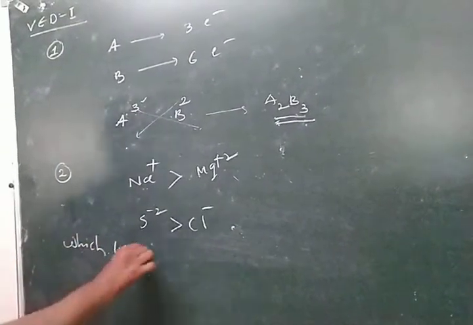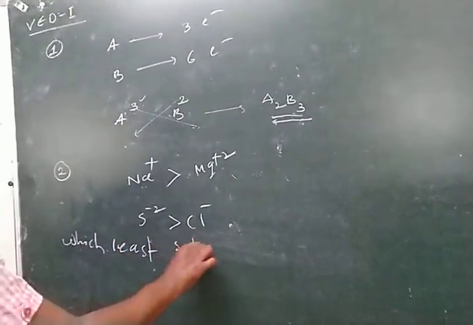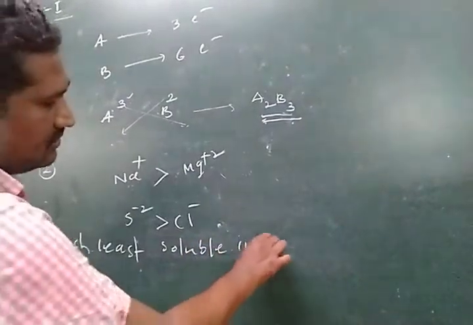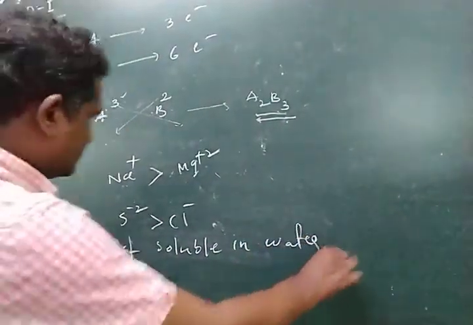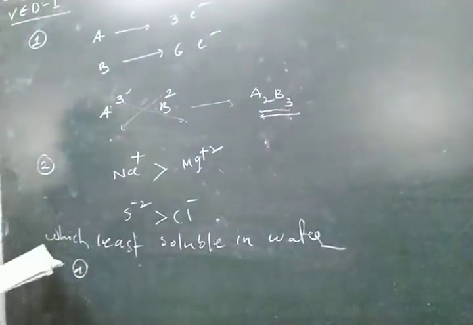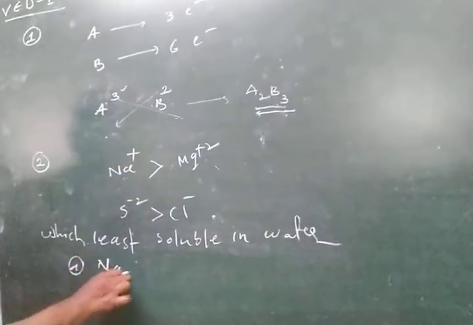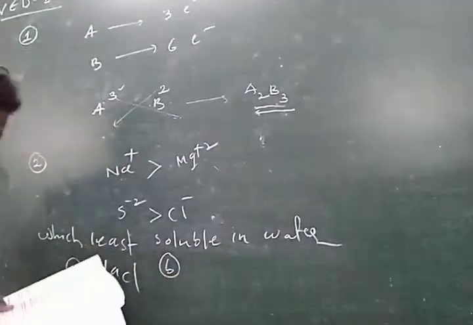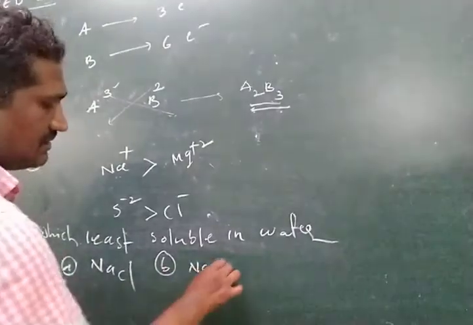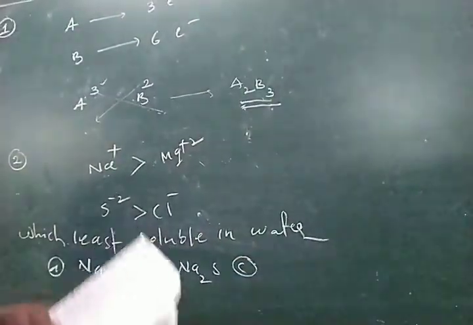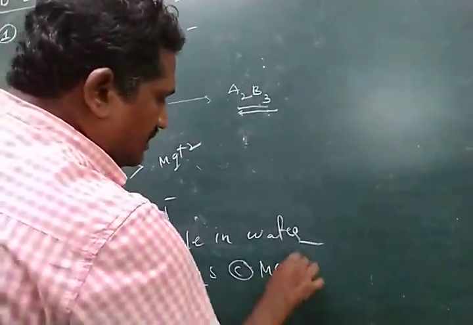If you see option A, they have given sodium chloride, option B sodium sulfide, option C magnesium chloride,